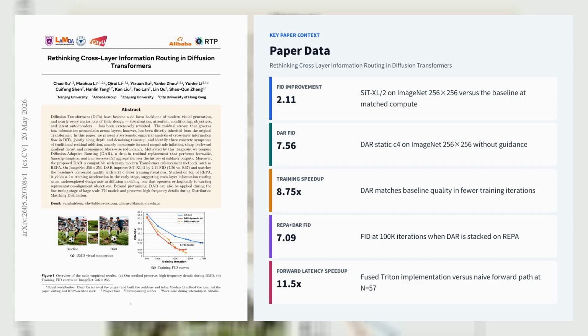is a 2.11 FID gain over the SiT-XL/2 baseline and convergence to baseline quality with 8.75 times fewer training iterations. A chunked version with chunk size 4 gives the best trade-off, and the method composes with REPA. Adding DAR to REPA lowers FID from 9.89 to 7.09 at 100K iterations, showing that routing level and representation alignment